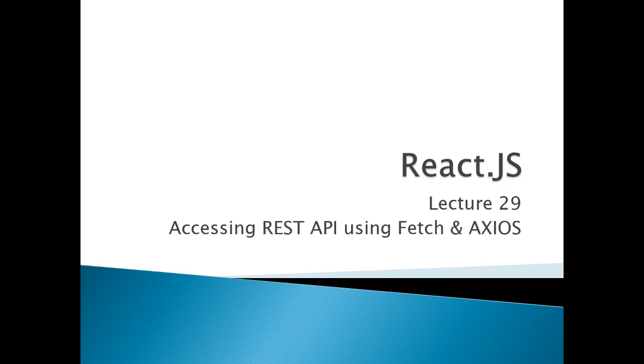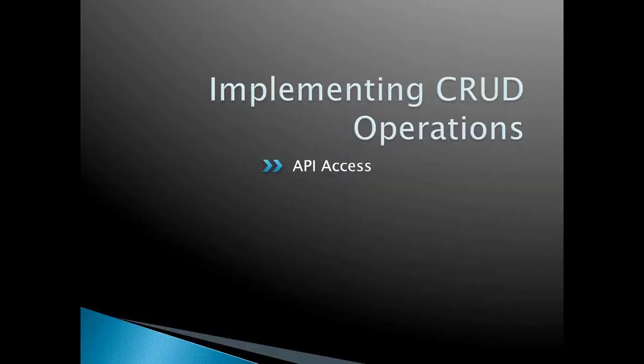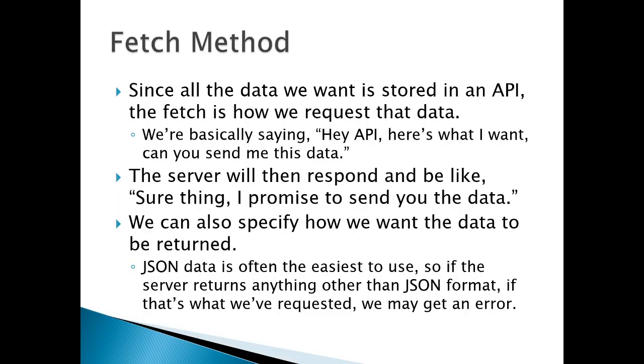So there are basically two major mechanisms with which we can access the information from our server and display it onto the user view. One is called fetch, which is a built-in mechanism available in React. You don't need to do any type of configuration for this. Fetch is already there. And second is Axios. You can use this. We will see both. So let's start with fetch to implement our CRUD operation.